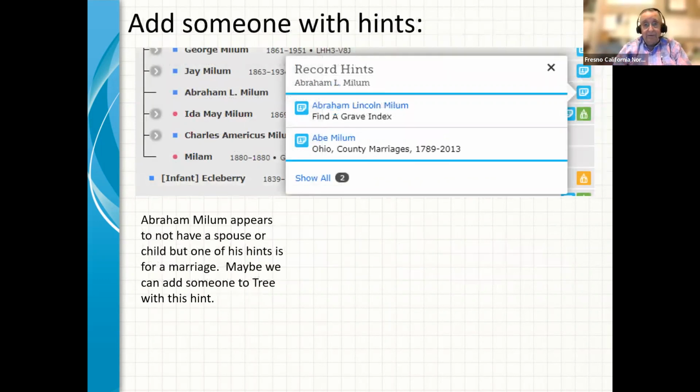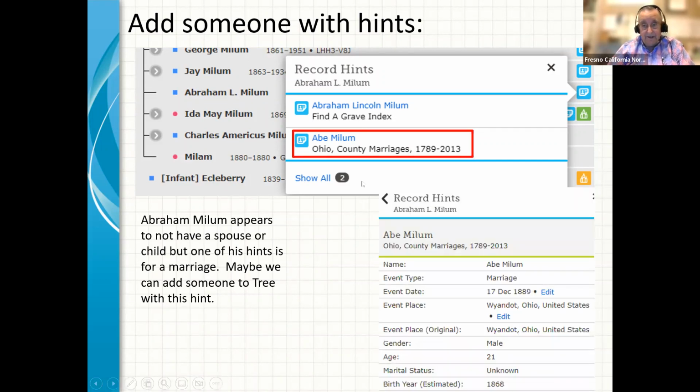Okay, adding somebody with hints again. I'm on Abraham Mullen, who shows no spouse. And I assume there's probably a birth and death date. We just can't see it because the card popped up. But the first hint is, or the second hint is a marriage record for an Abe Millam. So we look at that, and it's from the same county where he lived. It doesn't show you that in the descendancy, but I know he lived in Wyandotte, Ohio. And he was born like in